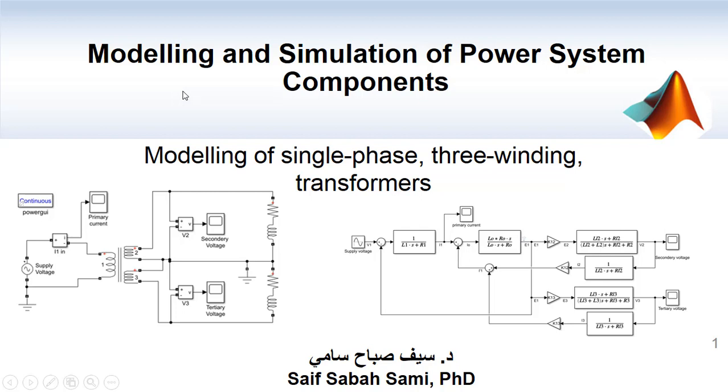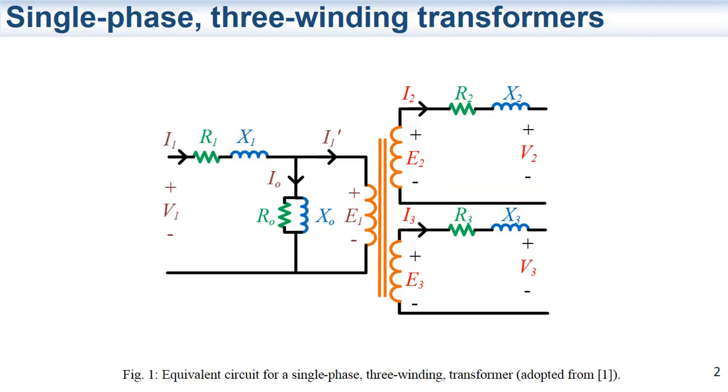Welcome back to a new video of this series, which covers the modeling and simulation of some of the power system components. In this video, we are going to model and simulate a single-phase 3-winding transformer. The modeling of single-phase 2-winding transformers was presented in the previous video. Now, the Simulink environment allows us to model multi-winding transformers, such as 3-winding transformers, where 3 coupled windings are wound on